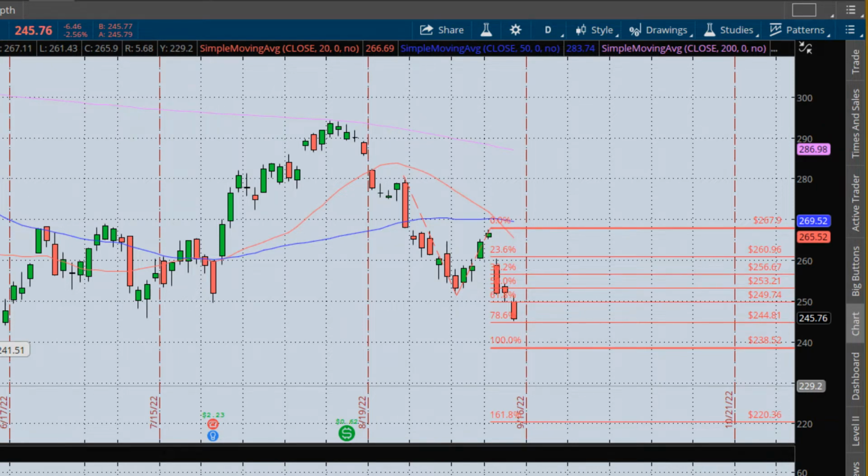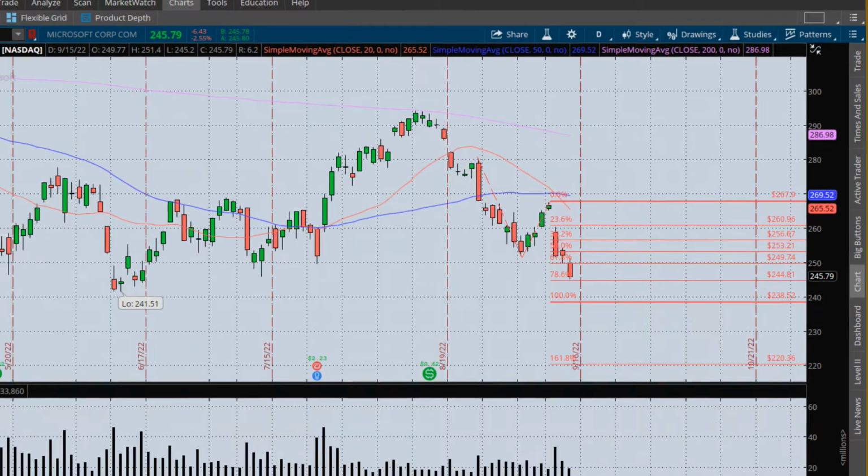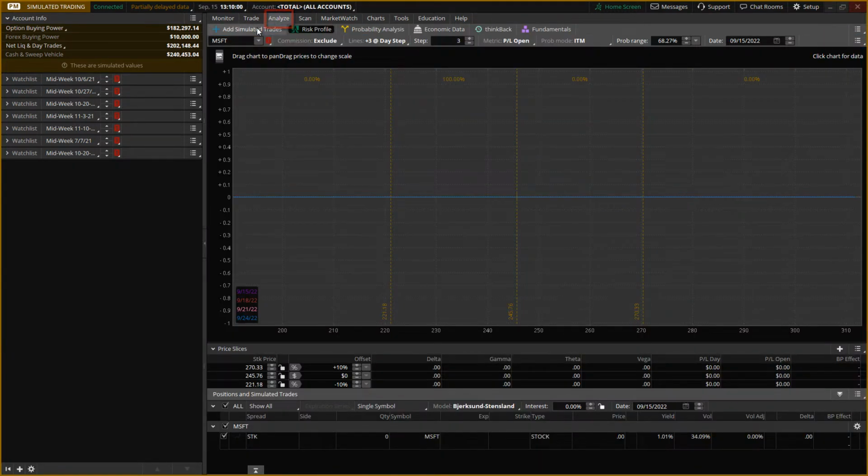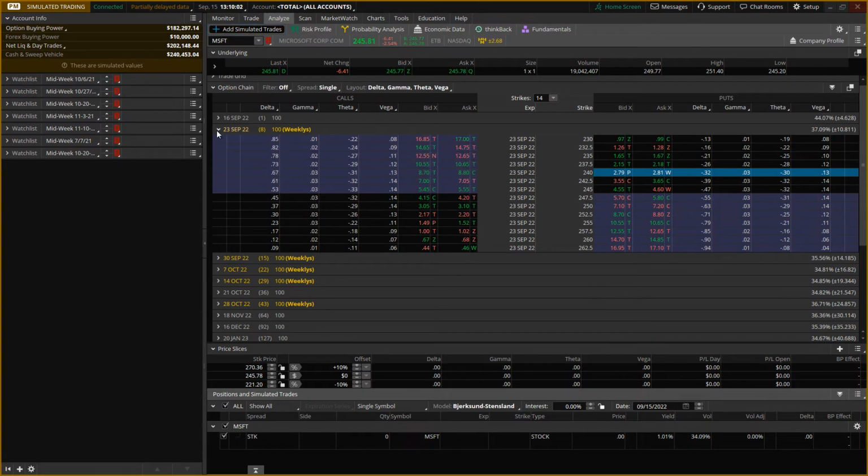Right. What does that mean? Well, that means we're just going to continue with stuff you already know. I got to go out there and find a trade that fits the situation. So I'm just going to go over to Analyze here, get to the tab. There it is. And let's go over to simulator trades and take a look at what Microsoft has